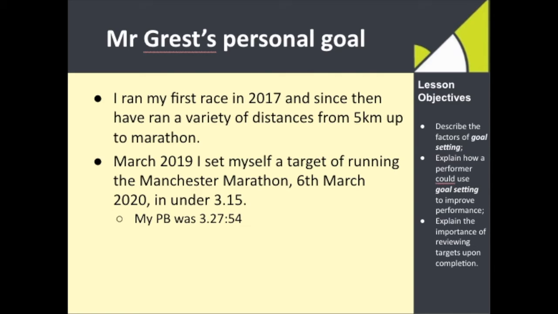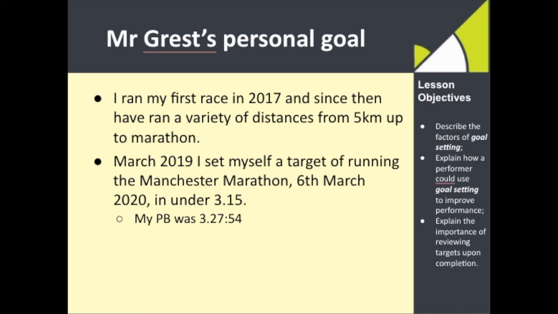Now, to put the SMART goal setting into that. It's specific because I'm setting myself a marathon target, and for the previous 3 years, I'd run lots of races, so I could class myself as a runner, not a very good runner, but a runner indeed. It's measurable because I've set myself a numerical target. So when I finished that race in 2020, which was sadly cancelled, I never got to see if I could do this. I was going to be given a time, and I could measure: was it less than 3 hours 15, or was it more than 3 hours 15?